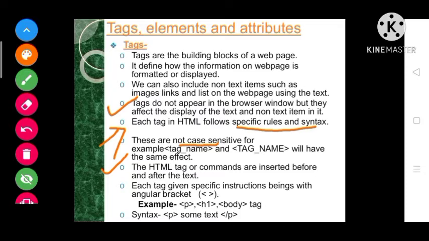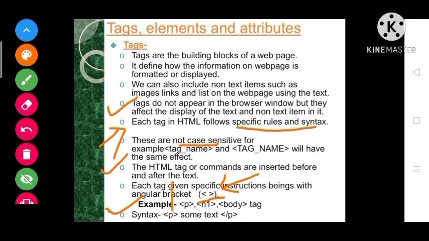Each tag gives specific instructions, and we have to write those in angular brackets, as given in front of us. Some examples are also given: p tag, h1 tag, body tag. These are examples of tags. Here downside I have written one syntax also: p some text and p tag closed.